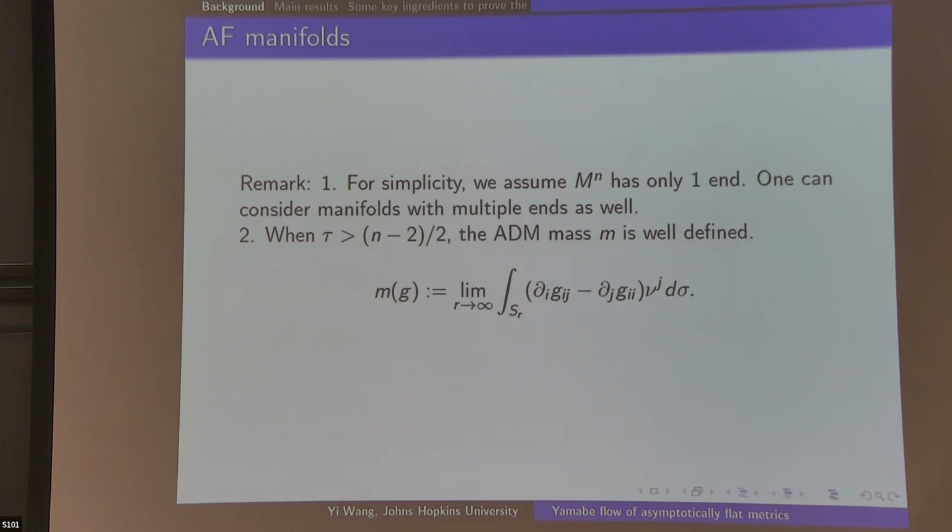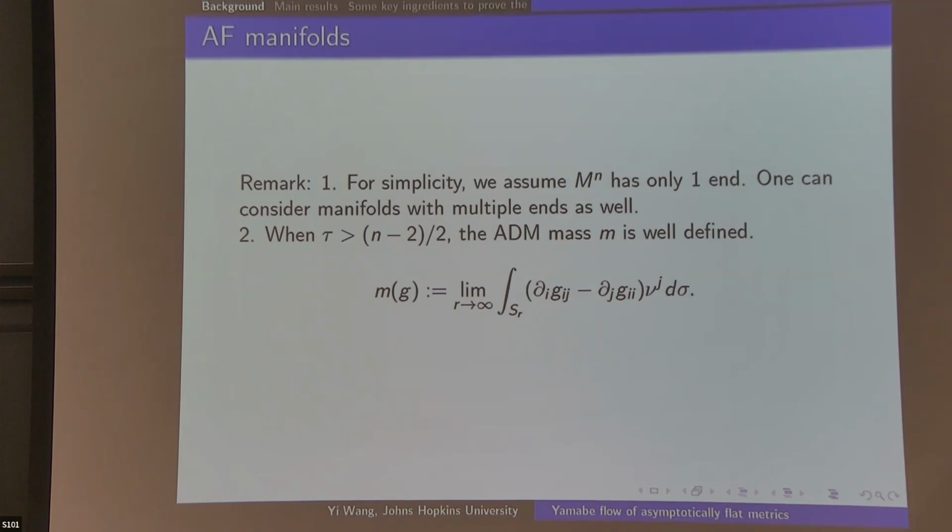Okay. So this is the thing that I'm going to remark. First of all, in general, one can deal with asymptotically flat manifolds with multiple ends. So it doesn't necessarily need to be just one end. In my previous definition, it only has one end because I use R^n minus a compact set. So I assume one end, but all the techniques, at least in my paper, apply to finitely many ends as well. It's just for simplicity that we assume there's only one end.